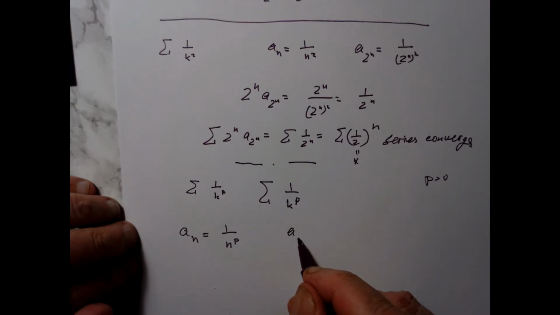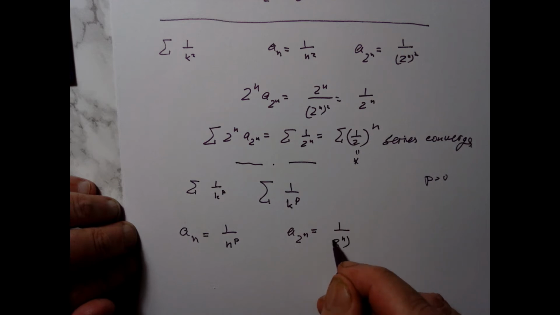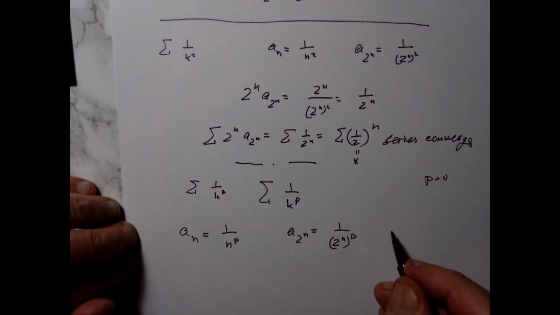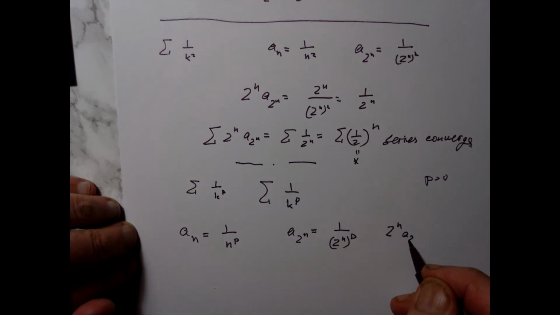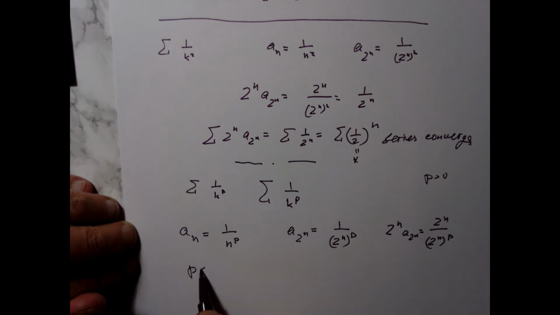So a sub 2 to the n is equal to 1 over 2 to the n to the power p. And so 2 to the n times a sub 2 to the n is equal to 2 to the n divided by 2 to the n to the power p. Okay, so if p is less than or equal to 1, then this 2 to the n times a sub 2 to the n does not converge to 0, and so the series diverges. And if p is greater than 1, then 2 to the n